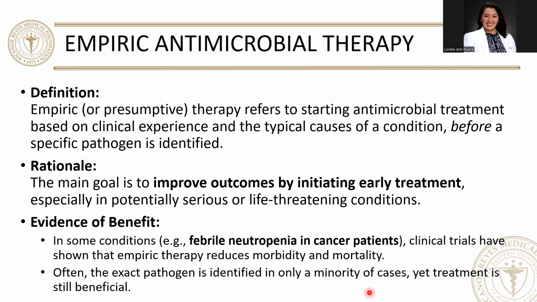Your basis for giving empiric treatment will depend on the most common etiologic agent for that kind of pneumonia. If, for example, this is an adult pneumonia and you're considering a community-acquired pneumonia, the most common is Streptococcus pneumoniae. Therefore, you have to give antibiotics that will target Streptococcus pneumoniae before the result of your culture. Once the result of your culture arrives, then you have to shift your antibiotics depending on the sensitivity based on the culture. So that is what is meant by empiric antimicrobial therapy.